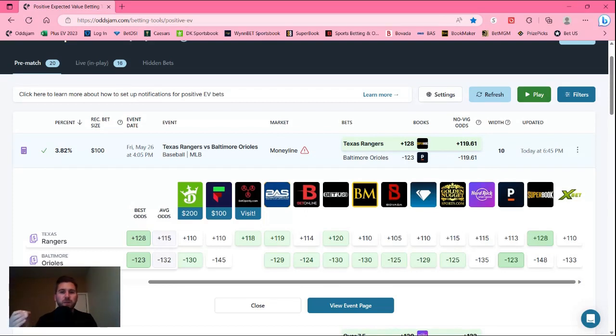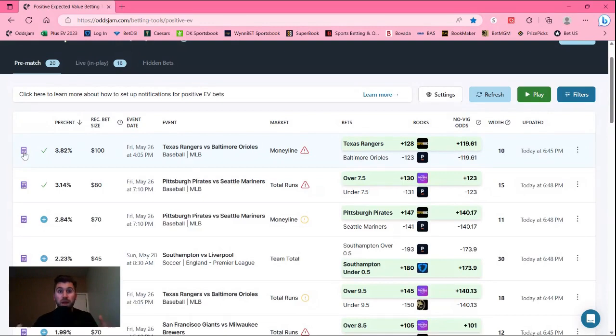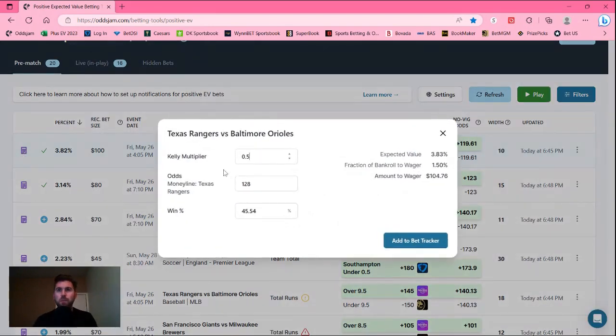That's the positive expected value edge. That's how our bankroll grows over time. Now, if you don't know, all odds are associated with a win probability. That means the chance that we have of actually winning, right? So plus 119, right here, this plus 119.61. That means we have a 45.54% chance of hitting. Okay, so it's a little less than 50%,